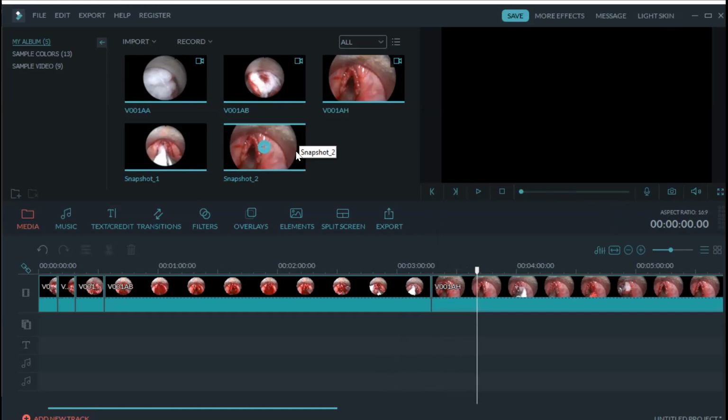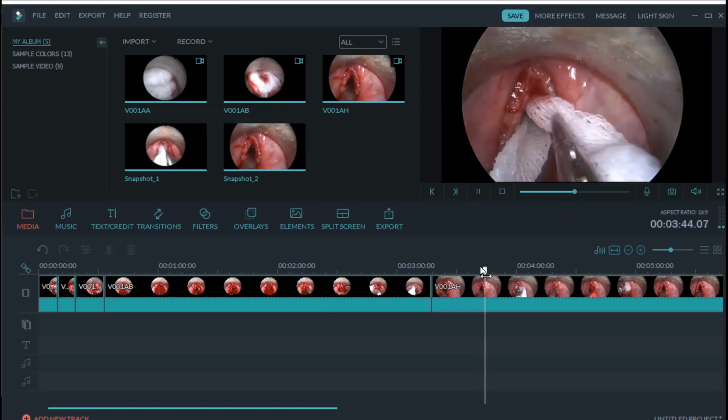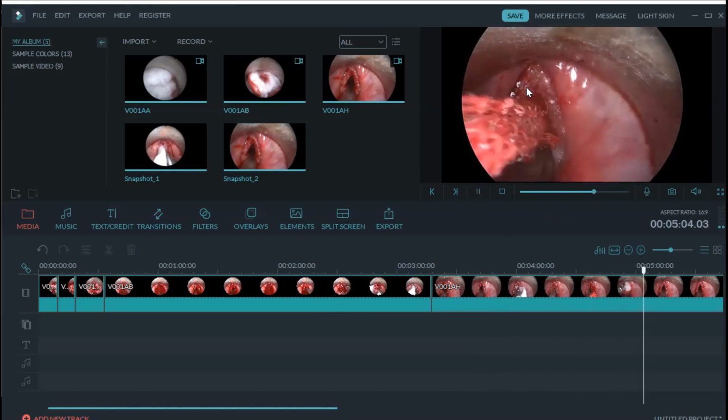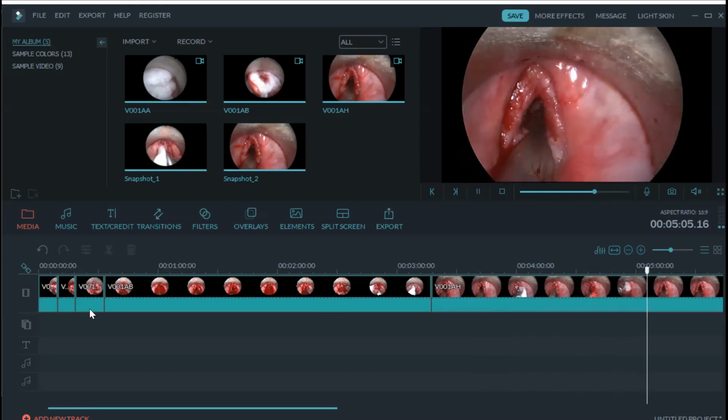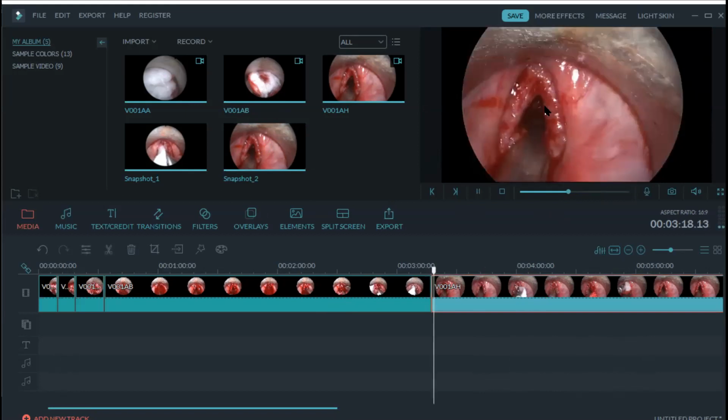So then you can use this photograph to add it to the same project, or you can use it in your PowerPoint presentation. Now, this is the end of the surgery. The bleeding is controlled, the packing is done, and you can see that we have removed all the tumor. You have seen how extensively the tumor was involving the larynx. That is what you want to show the audience, that you have removed the tumor completely. So hemostasis is controlled.